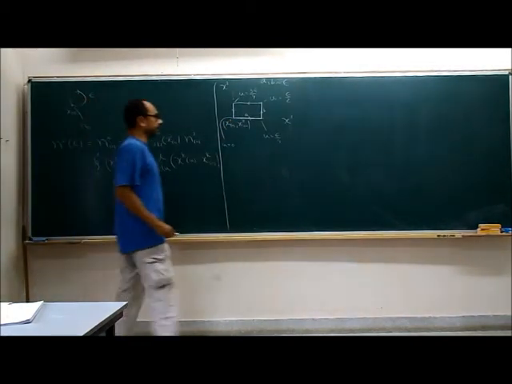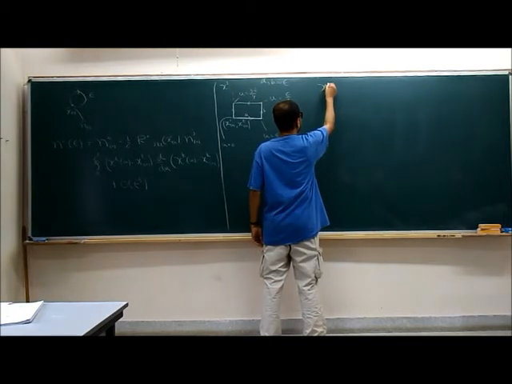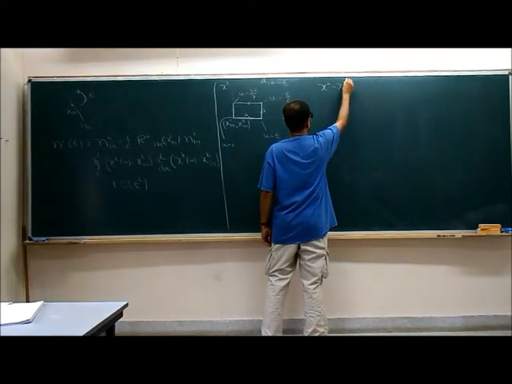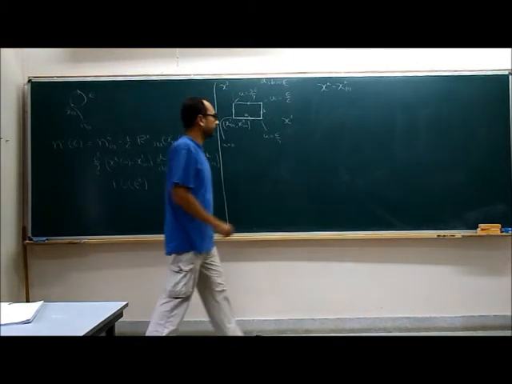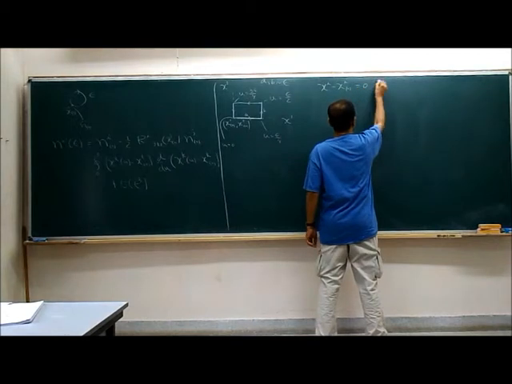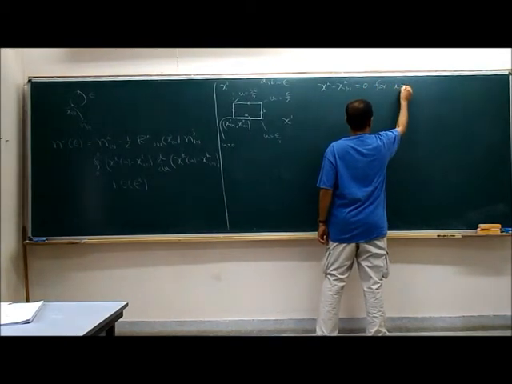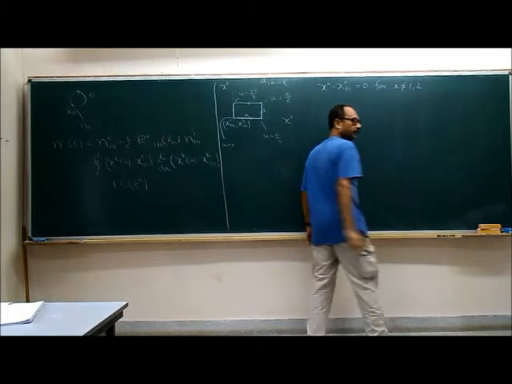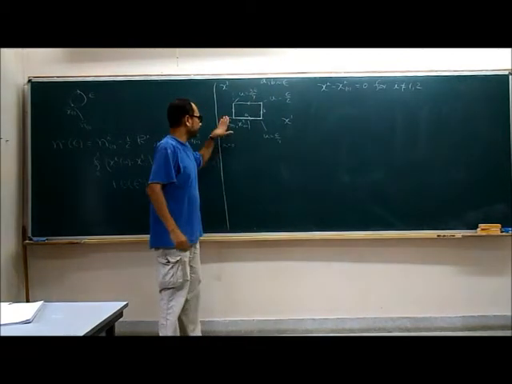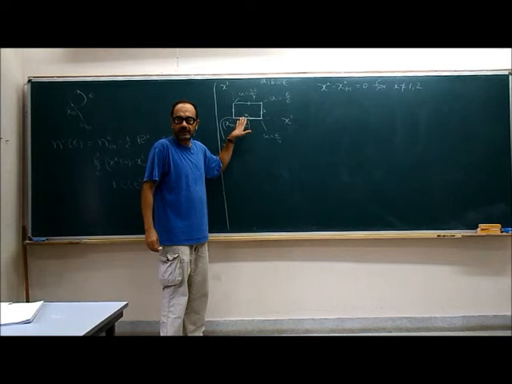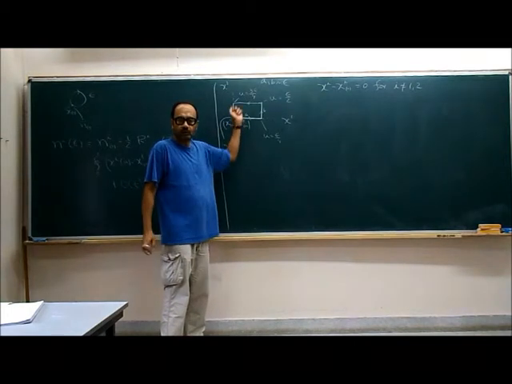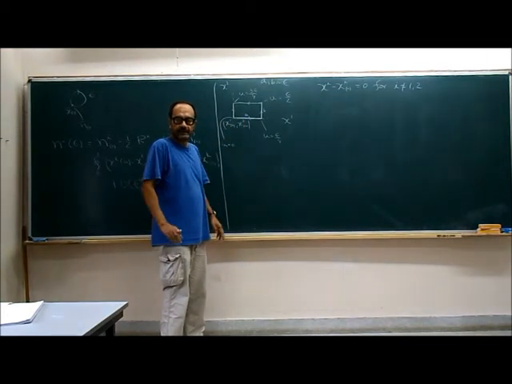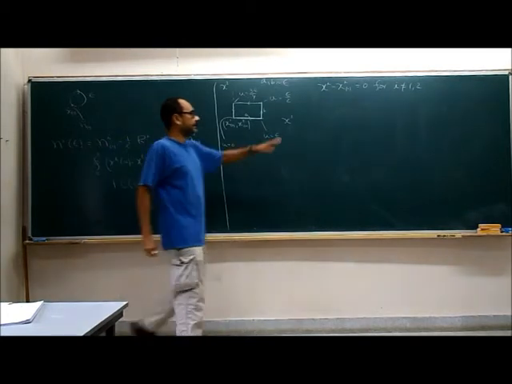Now, one thing is clear, that if we consider xi minus xi naught, for any point on this curve, this is 0 for i not equal to 1 or 2. Right? Because it's in the x1, x2 plane. So, all the other coordinates are sitting at their original values. That's what we mean by moving in the x1, x2 plane. x3, for example, is x3 naught all through this curve. x4 is equal to x4 naught all through this curve. So, these are all 0,